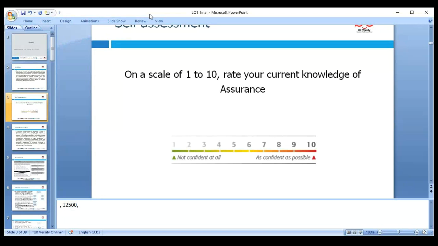Okay, let's please scale 1 to 10. It's always good, when we start any activity, to reflect on your current knowledge, how much we know about it. What do you think? 1 to 10, please. I would say 5. Good. Okay, yes, next, please. Yeah, 6. 5, 6. Okay, good. So we can say our mean is about 5, which is not bad. It means you know a lot of things already, which is good.